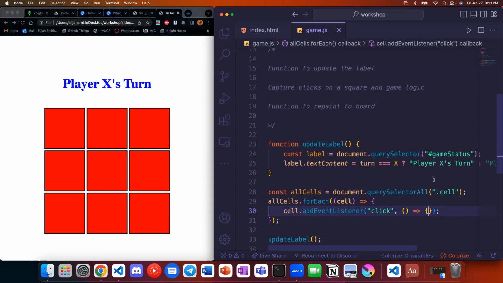Wait, what is that add event? Add event listener means, for this particular element that I have, we have a reference to a particular cell with this for each. This returns a list of all of our cell elements. And then on each one, we're going to add a listener, which will persist. Because again, our JavaScript, when it gets loaded, gets executed from top to bottom one time. And the only way to have something happen after that is to add a listener that persists and listens for something to happen. Or you can set a timeout, which will happen in a certain amount of seconds, or something that happens later. And listeners are the primary way of doing that.